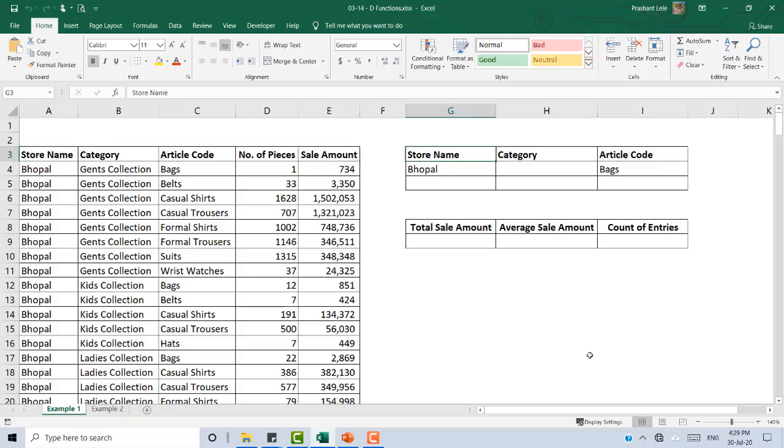Okay, so we will see the difference between SUMIF, COUNTIF, AVERAGEIF and D functions first, and then in our next example, we will see the difference between D functions and VLOOKUP. So let's start. For example, in this scenario, I have this data.